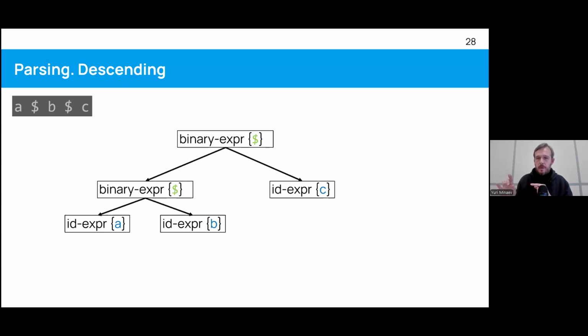The order in which we build the tree of our expressions determines in which order they will be evaluated when we get to that. So in binary, we always have to evaluate the expression left to right. We cannot do it in a different order.